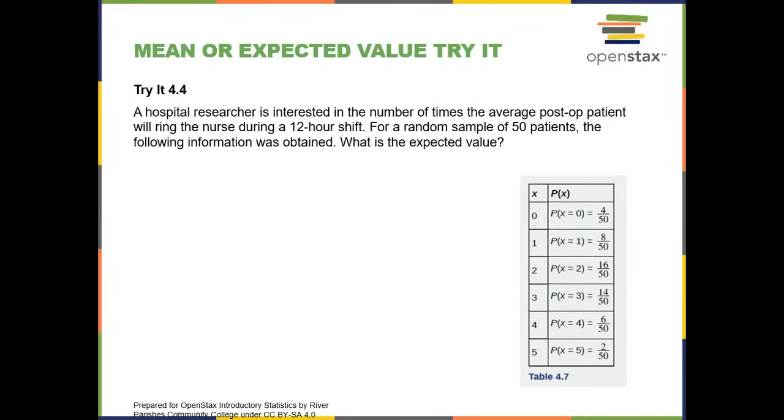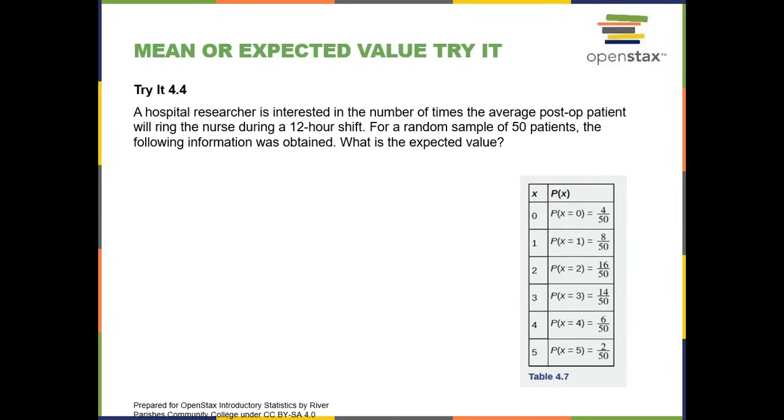Now we are ready to calculate the expected value. So we hit the stat button again. Then with the right cursor key on the top right corner, we move the cursor, which is now sitting on top of edit. With the right cursor key, move it on top of calc, which is the second entry, calc.